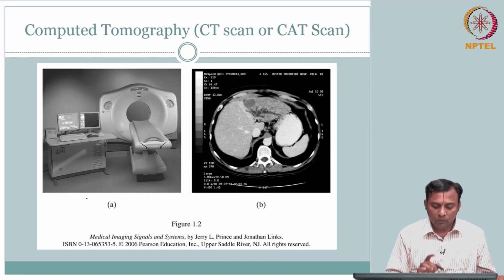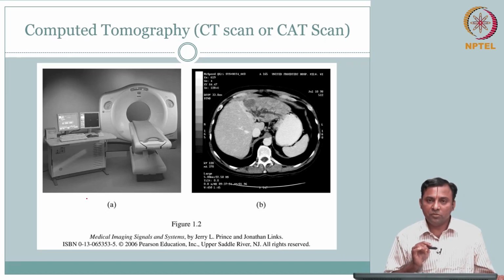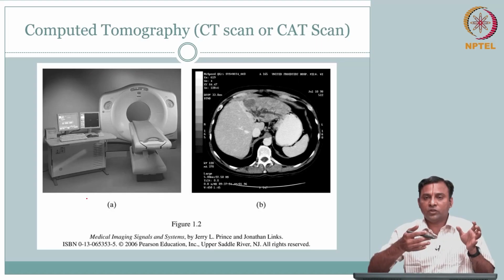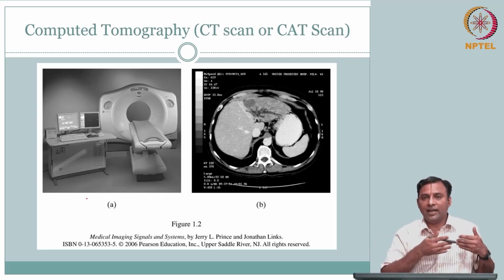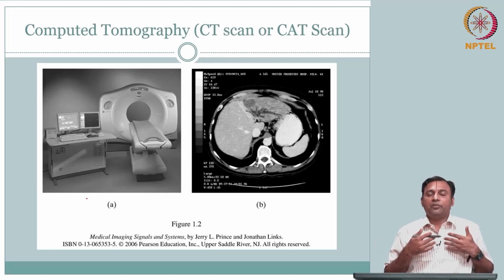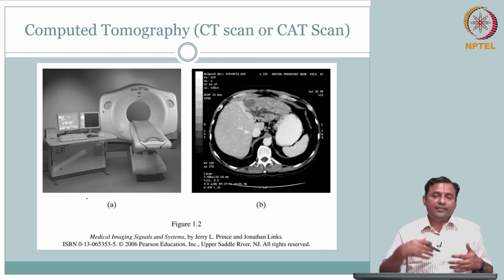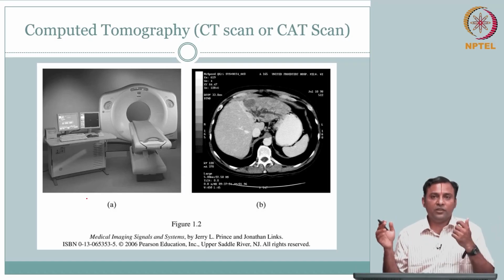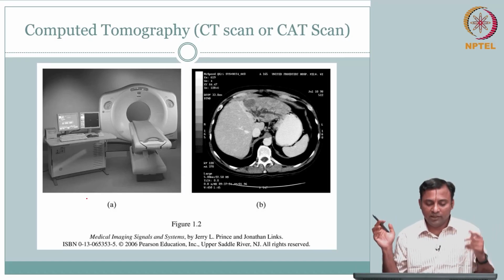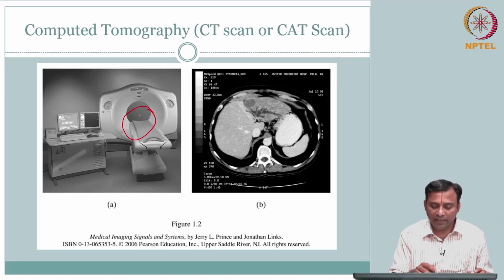So what is the addition? The instrumentation is now getting a little complicated. In X-ray projection radiography, you had a source, and you are asked to stand at the detector, your back resting against the detector or front rest, doesn't matter, and then the procedure is done, you just come out. Whereas here you notice the patient has to lie down, right? He has to lie down here. Apart from that,